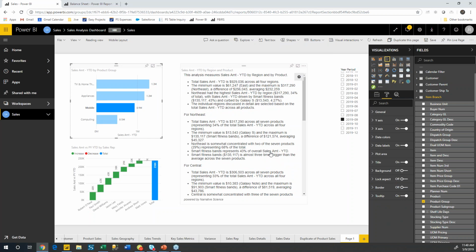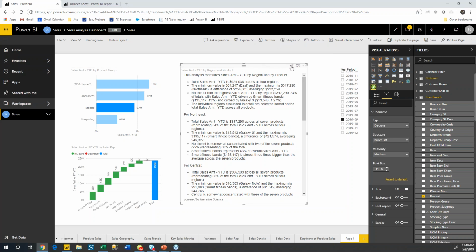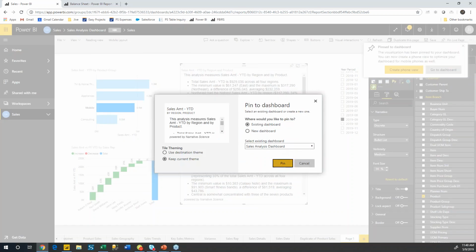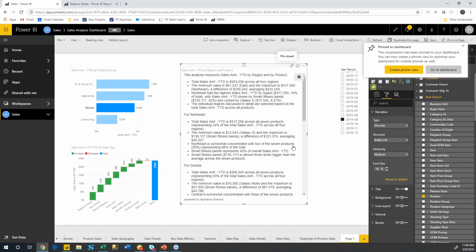And the other thing is, I built out this report. Let's say I want to publish this back. I could take this or pin this visual to the desktop, right, or to the dashboard that's there. So I can pin visual, select the dashboard, maybe I want to pin this, right, and then I go back to the dashboard. That would be available for me to see there as well. Okay, so